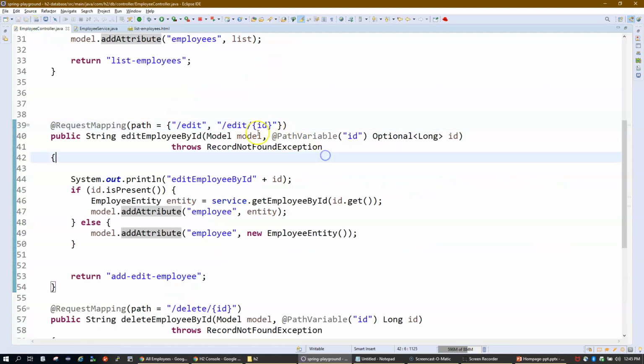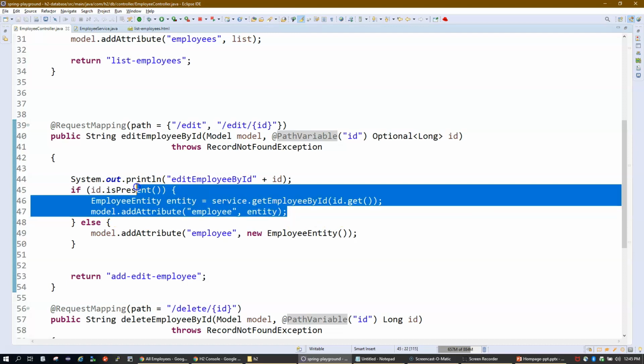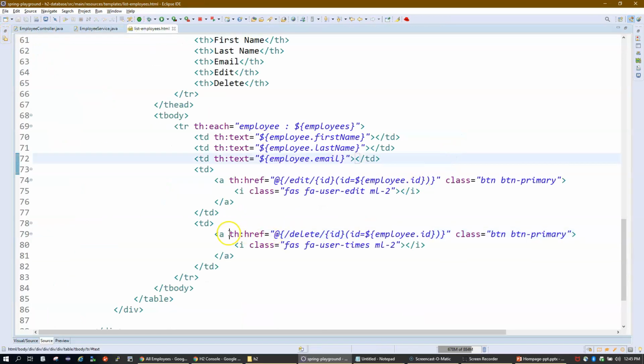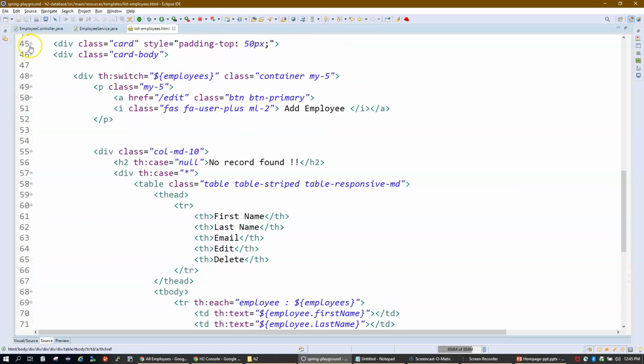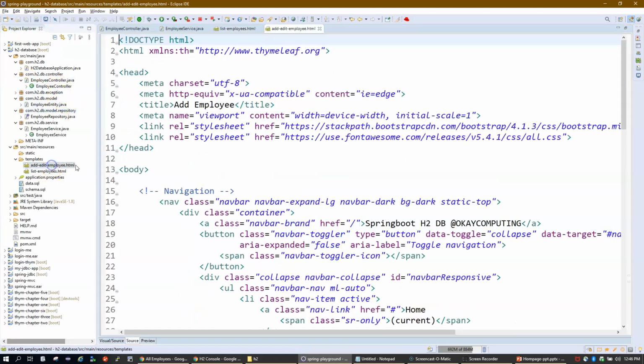And then I'm fetching the path variable. I know I'll get some value here in the path variable id. If it has got some value, I'll execute my code. If id.isPresent, if I've received the id, I'll perform my operation, otherwise nothing will happen. Okay, so this is how we use Thymeleaf.